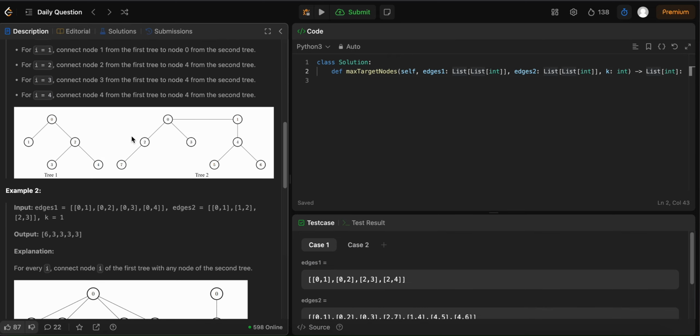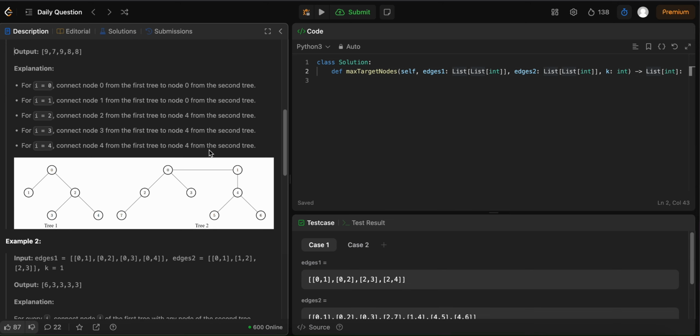So basically, you have to find the optimal place to link your node so that the maximum amount of nodes become a target. My first thought is, if we are connecting to tree 2, why can't we always only connect to the best node? Because